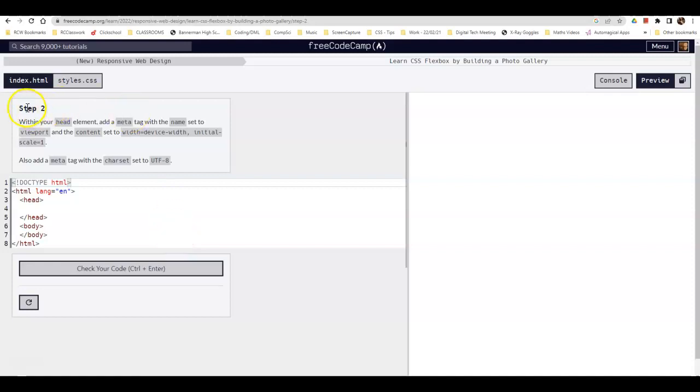For step number 2, we're dealing with the head element, and we need to add a meta tag with the name set to viewport and the content set to width=device-width, initial-scale=1. Also add a meta tag with the character set to UTF-8. So some alien stuff here for you, and I suppose one of the ways we can go about this is